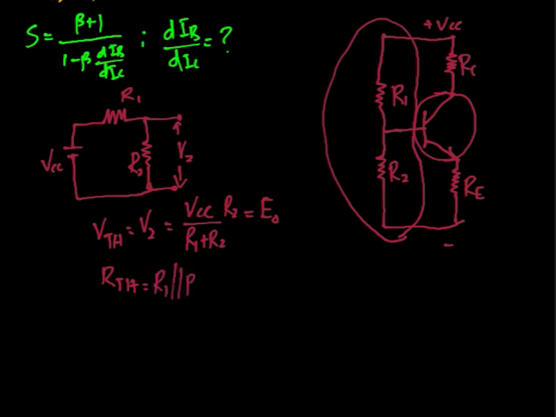For convenience we put it as such. And the Thevenin resistance RTH is obtained by replacing VCC by its internal resistance. So here we are assuming VCC to be ideal, so